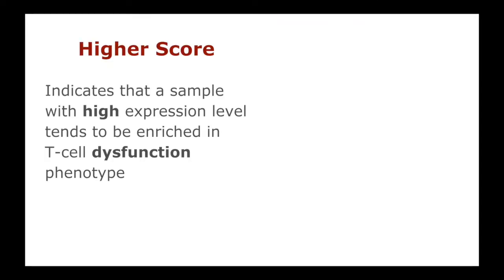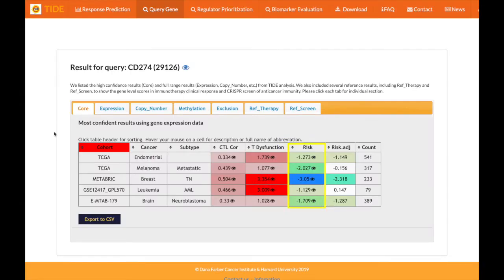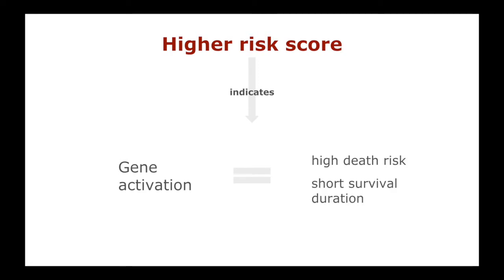A higher score indicates that a cancer sample with high expression level of the query gene tends to be enriched in T-cell dysfunction phenotype. In contrast, a lower score indicates that a sample with low expression value of the gene tends to be enriched in T-cell functional phenotype. The risk column lists the survival risk score, which is the z-score for the gene effect on death risk in the Cox-PH model. A higher risk score indicates the gene activation to be associated with high death risk, thus short